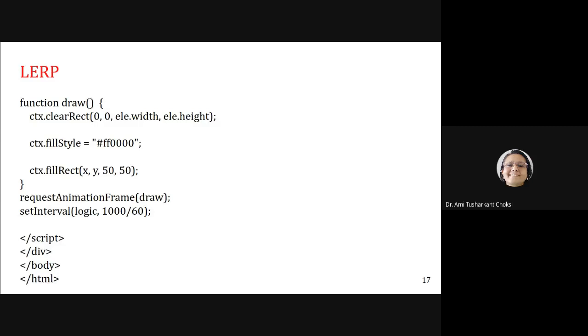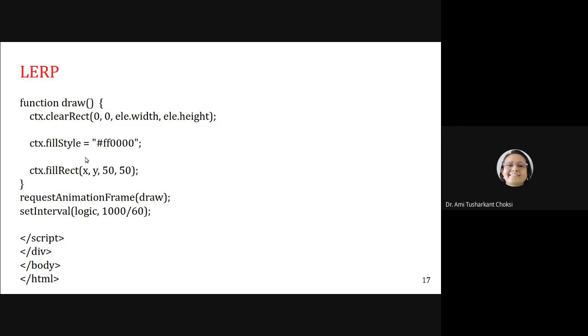So the effect we see is that the object is moving, the animation we will be able to see. So for that we use ctx.clearRect(0, 0, ele.width, ele.height).